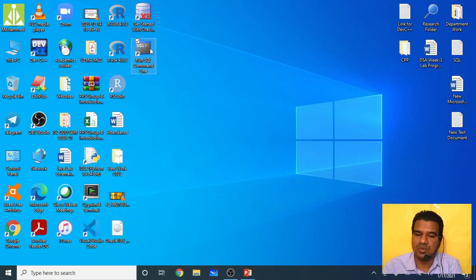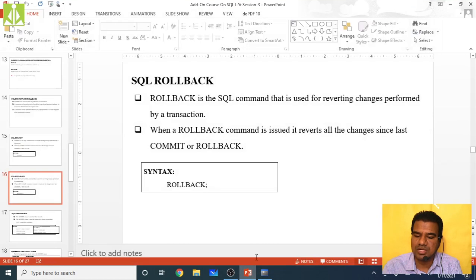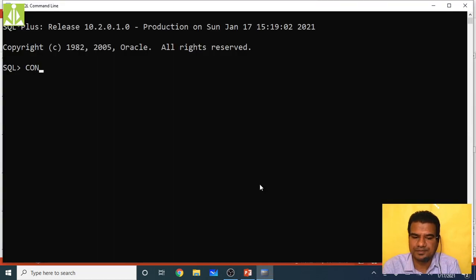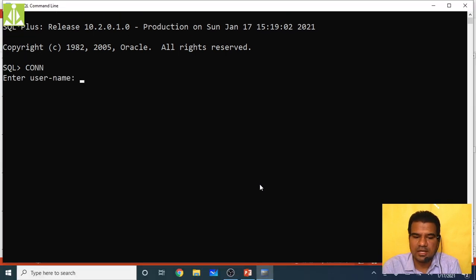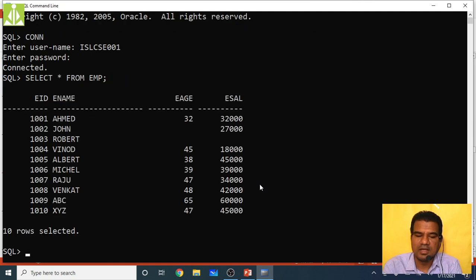So what I have to do again: you open the command prompt and connect with the username, as we said. What is the username? ISL CSC 001. Then password ISL CSC 001 and hit the enter key. Now we are connected. Now you try to select star from EMP table. It is showing 10 entries only. It is not showing those 3 records that we created excessively. Hopefully you understood